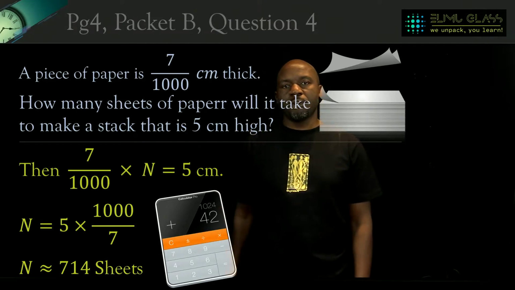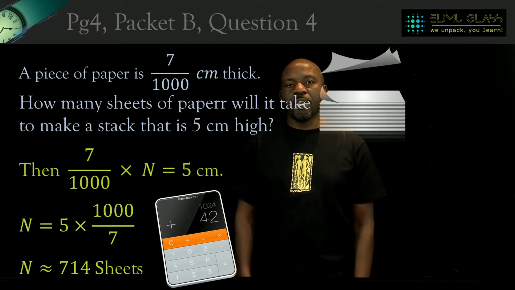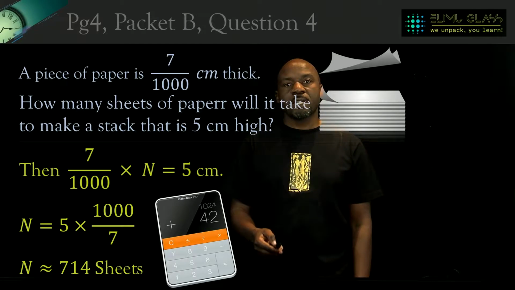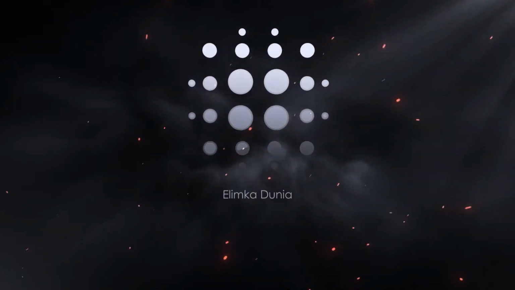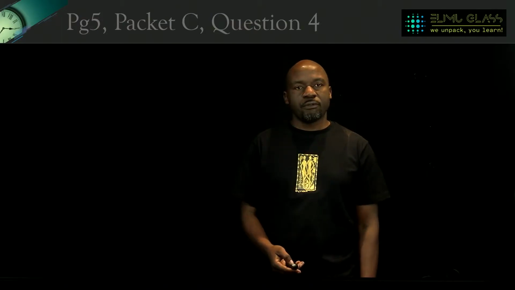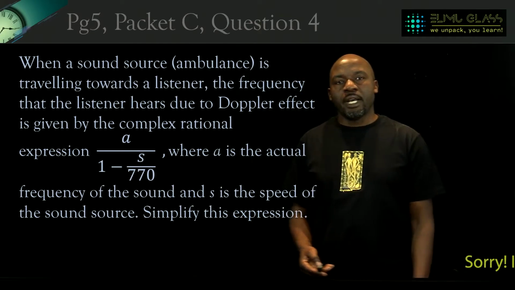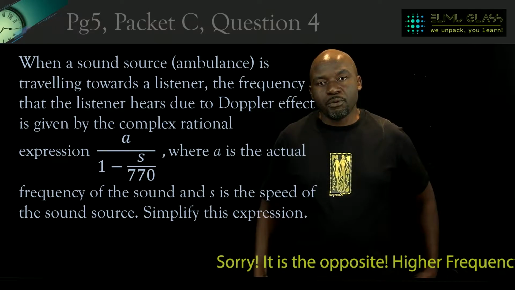So this was question 4 of packet B or set B on page 4 of the eWorkbook. All right, let's next look at the next one. I have also chosen to solve the question on page 5 from packet C, and this time we are solving question number 4. And the question says, when a sound source such as an ambulance travels towards you, the sound